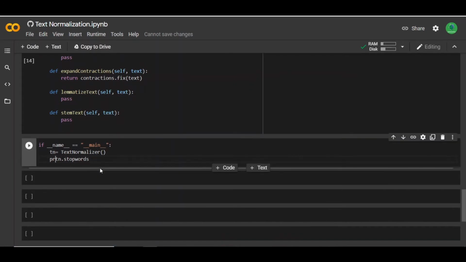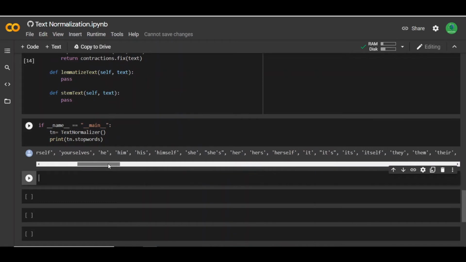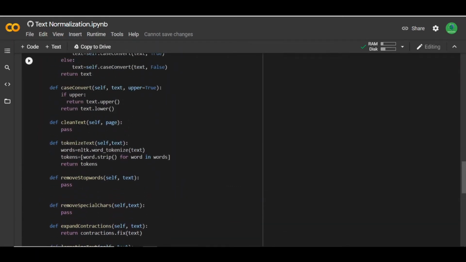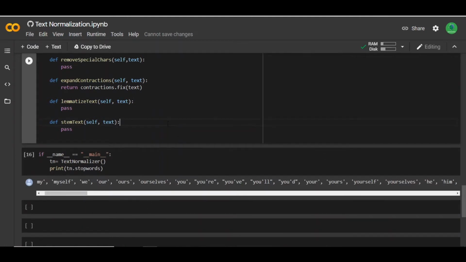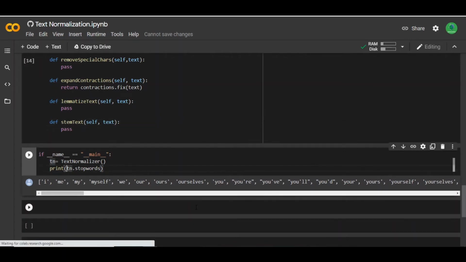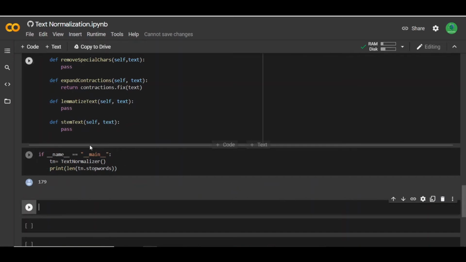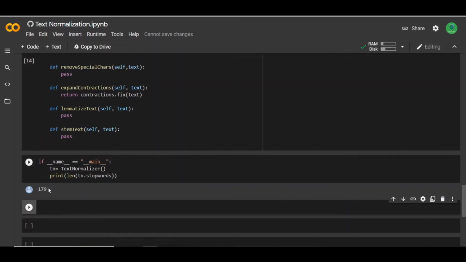It doesn't really give us anything. Okay, so I'll just go ahead and run it again, and you can see it gives us a list of all the stop words that we might have in our sentence. It also contains some of the contractions. So let's suppose if we were not creating this function right here, which is the remove stop words, and we wanted to just pass in our contraction and remove it, it also handles that as well. You can see it's a big list, and essentially we could just print out the length of this list as well. And you can see there are almost 179 stop words,